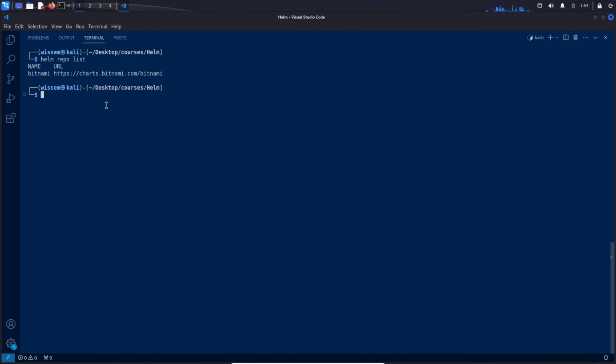So now we can search for charts in the repositories added to our local Helm client using the helm search repo command followed by the chart name or a keyword. So if the chart doesn't exist, for example, if we search for a chart called my chart, here we get no results found because there is no chart with this name. But if the chart exists, for example, if we search for WordPress charts,